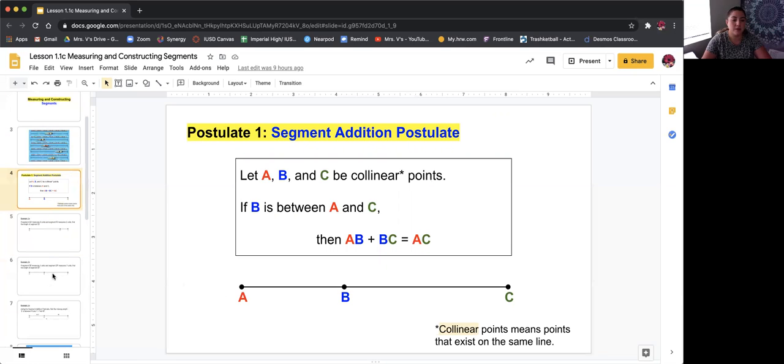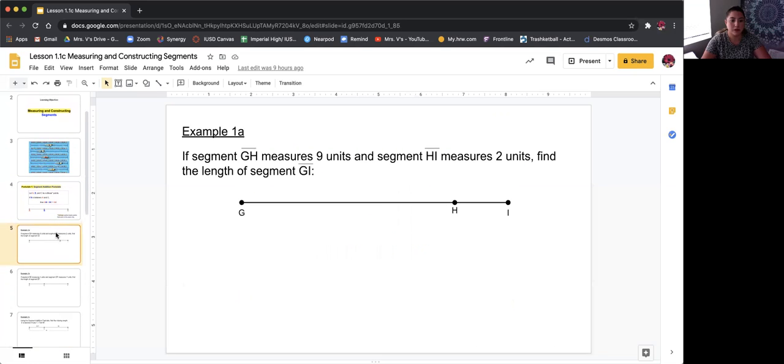And here we have our first example. You can go ahead and pause it if you need to copy it. Copy this down into your notes. I'm going to move on to the next example. So here it goes, example 1A. It says that if segment GH measures 9 units and segment HI measures 2 units, find the segment